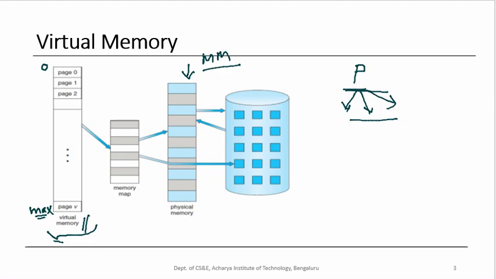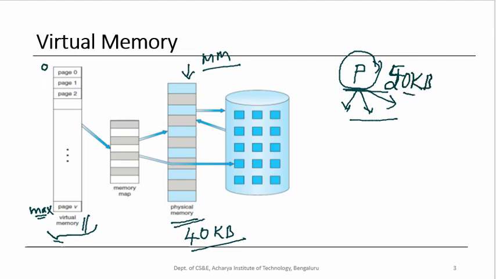Okay, now what I was trying to tell you here is, the size of the main memory should not restrict the size of the program P. For example, let us say the size of the main memory is 40 KB. If it restricts the size of the program, and this is the only program that comes into the main memory, and let us assume that the size of this program is 50 KB, then this program cannot be brought into this memory at all, and the user feels that I cannot write a program which exceeds the size of the main memory.